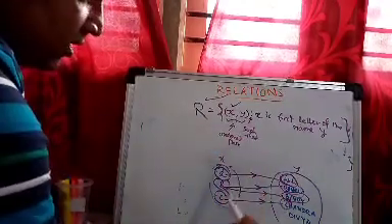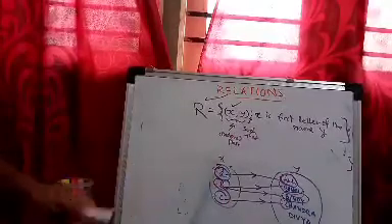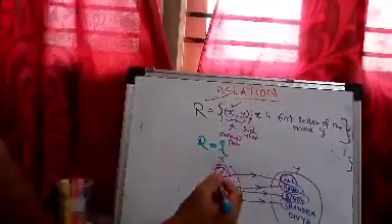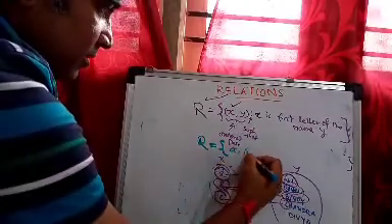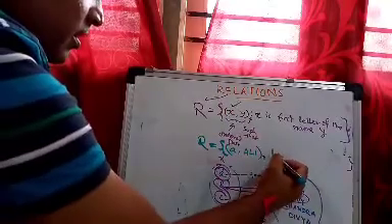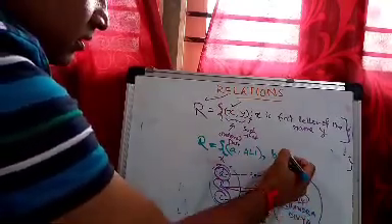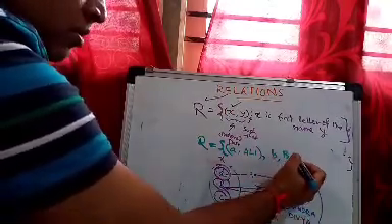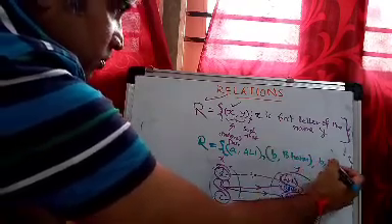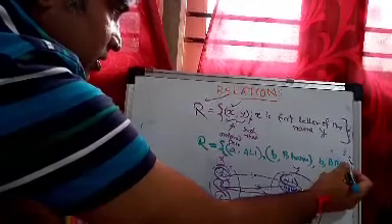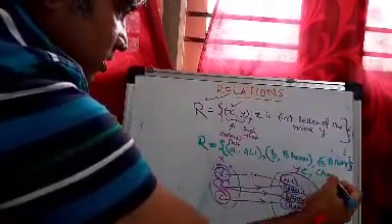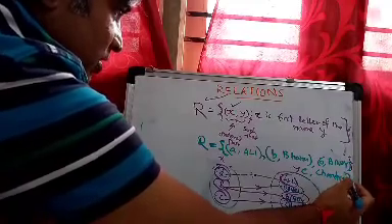So how will I create the relation? My relation now becomes: A is related to Ali, and B is related to two names. B is related to Bhanu and B is related to Binay, and finally C is related to Chandra. So this is my relation.